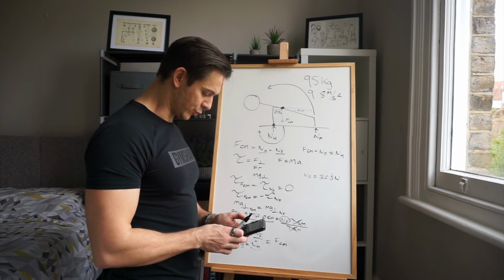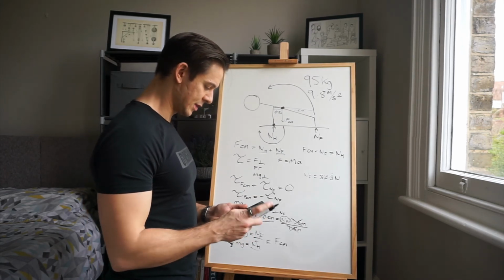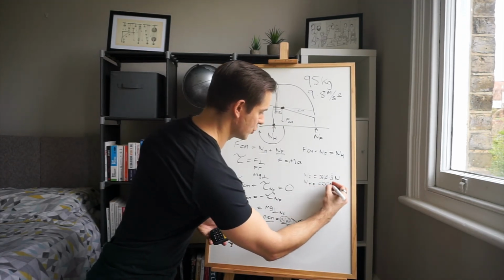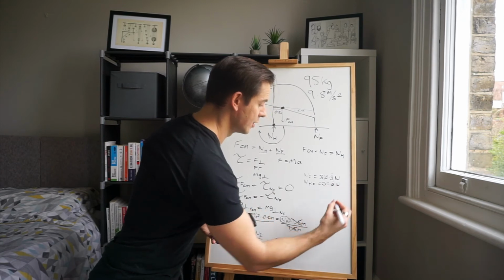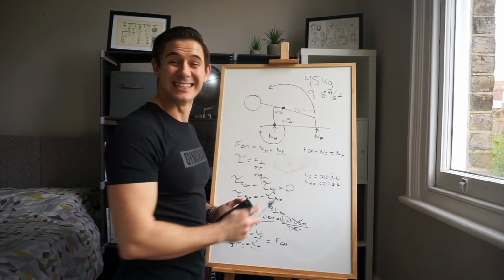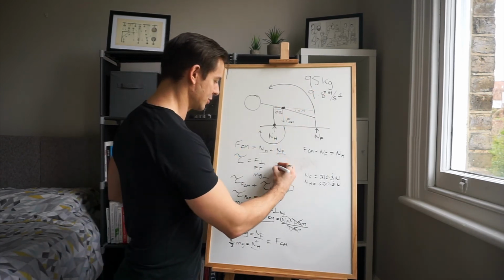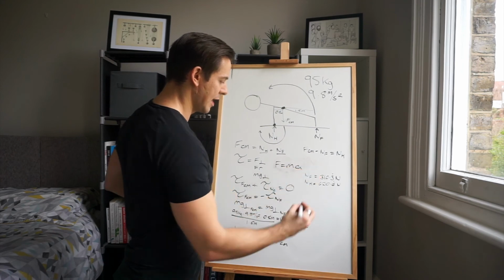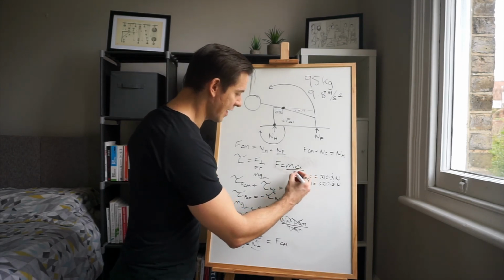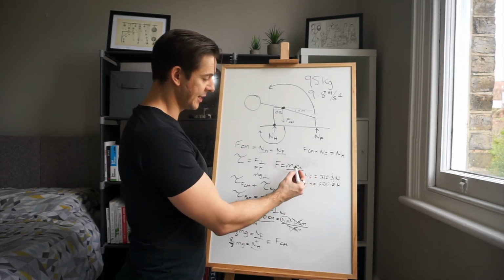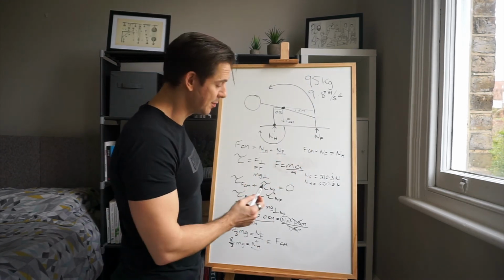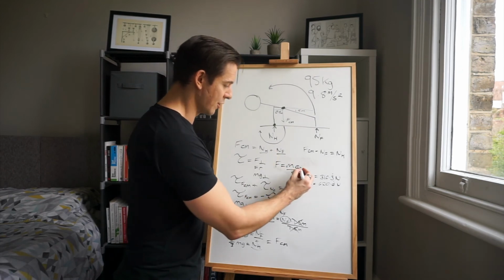So this one is now equal to 2/3, which is the force in the hands now, is going to be equal to 620.6 recurring newtons. Now we've got a force here, but we want to bring that back to a number that's related to 95. So we're going to need to go back to F equals MA. We want to get M by itself. So we're going to have to get rid of the A. So we're going to divide this side by acceleration. This number times 9.8 divided by 9.8 brings us straight back to M, which means those two cancel each other